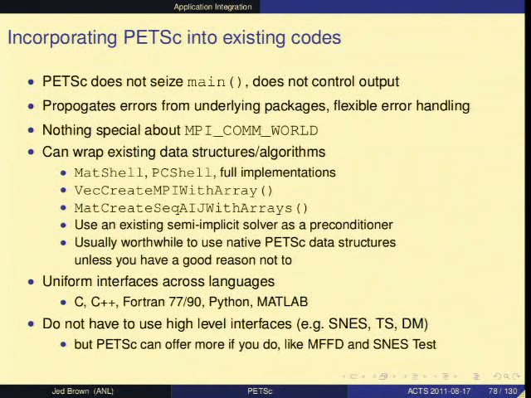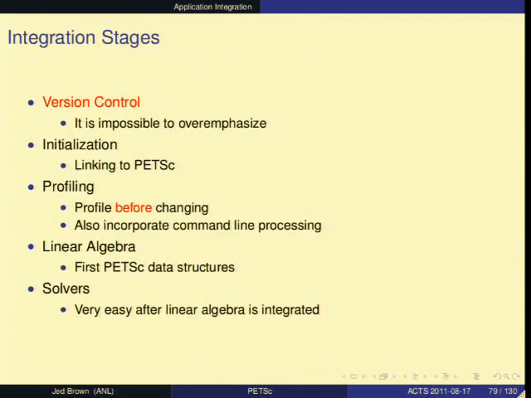You can also use your memory internally, although in the case of matrices, to use your memory exactly with our matrices, they would have to be using the same format already. A common one that comes up is you want to do some more implicit method, but you had a preconditioner for some semi-implicit method hanging around, so you can reuse that. That's a common case. You don't have to use the high-level interfaces, but if you use them, then there's extra things we can do.